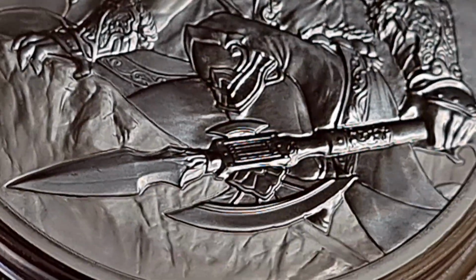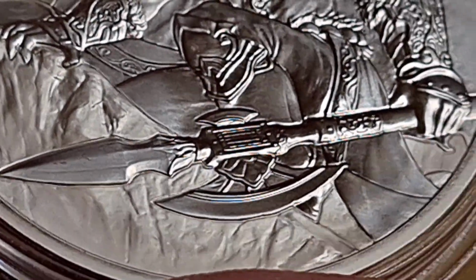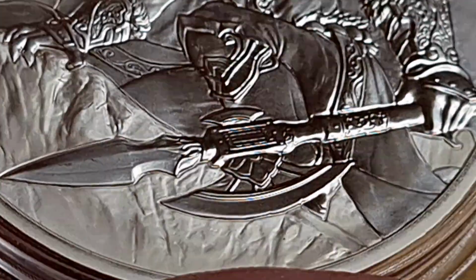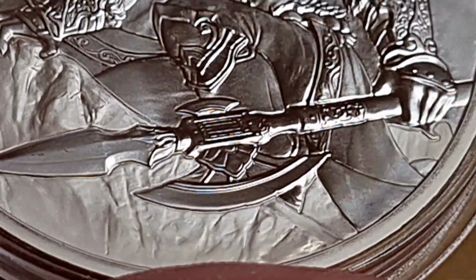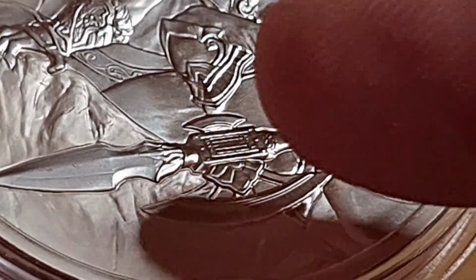Now we have a nice pointy spiky bit here, and I did tell you guys I am a geek with this weapon here. We also have an axe going all the way alongside, so this way you can stab a horse if you needed to, or pierce through someone who's coming too close and maybe you want to just give them a quick jab. This here, of course, once you got the person on the ground, you could then, off with their head. Now, the other part on the back here,